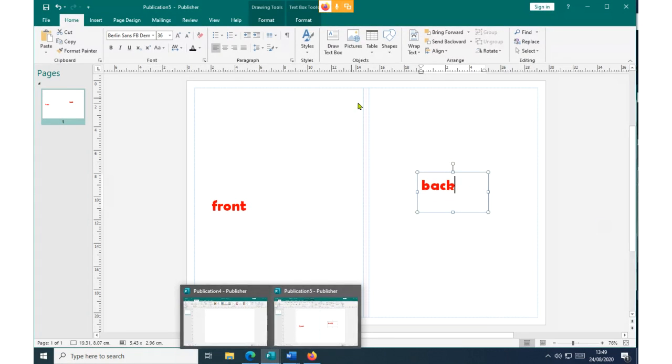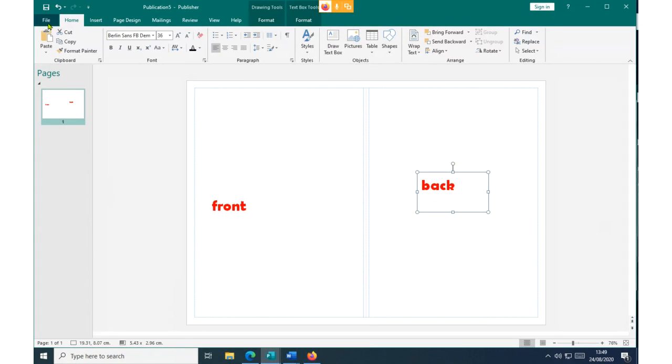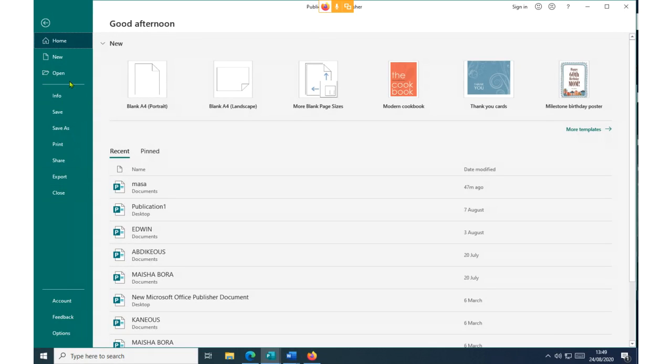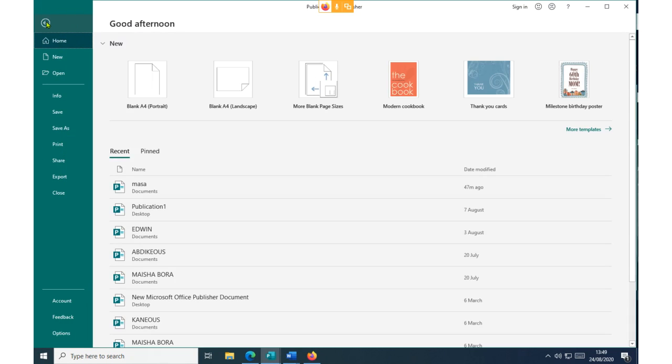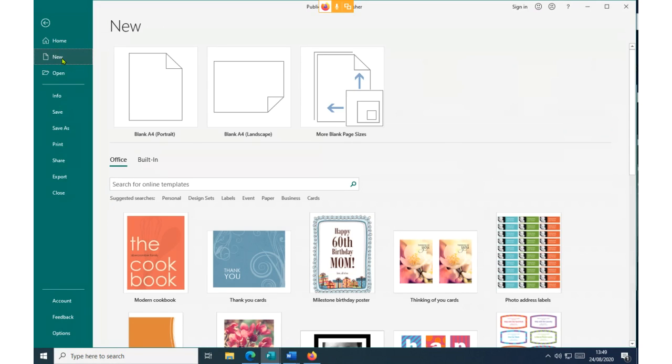Now, the first step we did was to create a new application file. For this, you click on the command File when your Publisher is opened, and click on the command New. Then you click on blank A4 landscape. We normally use landscape for brochures because that way we are able to divide.